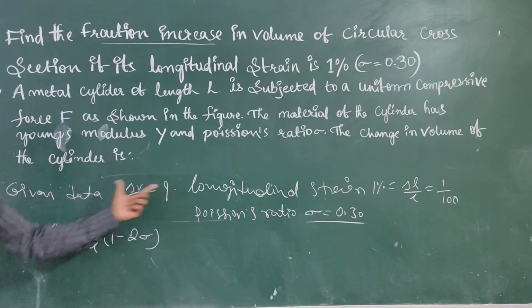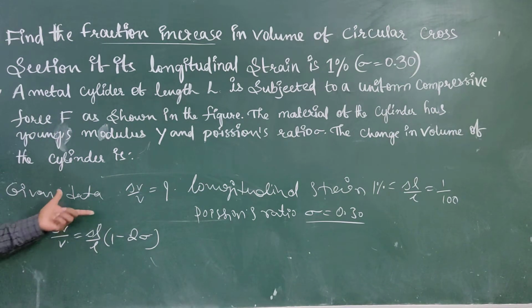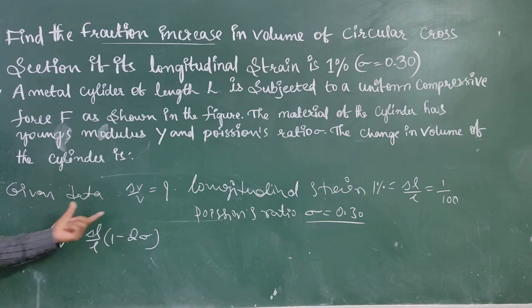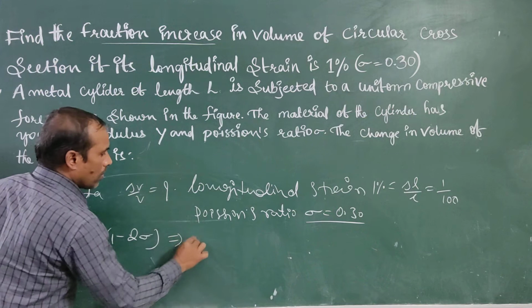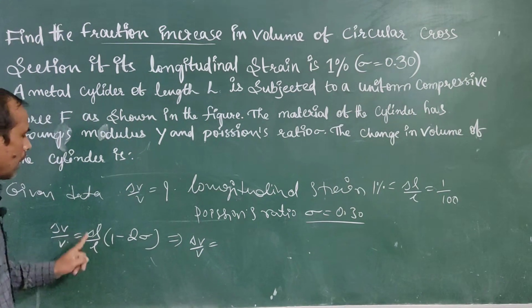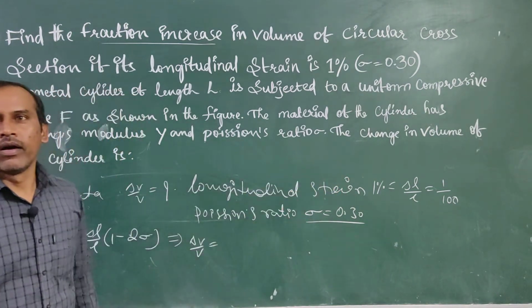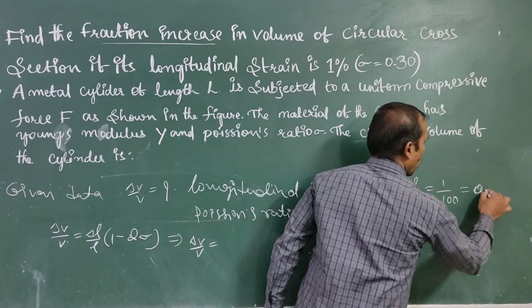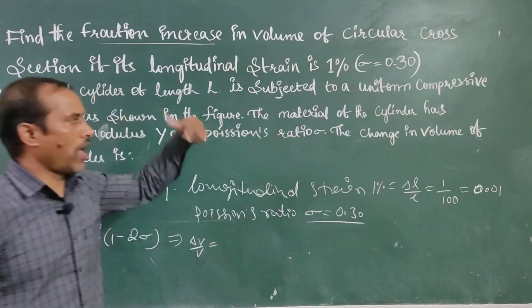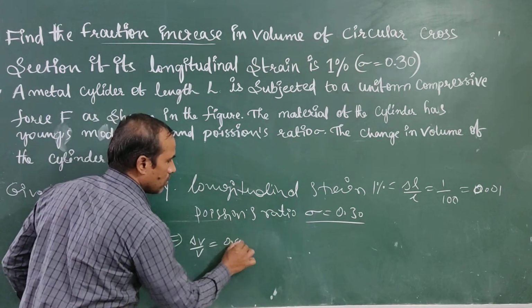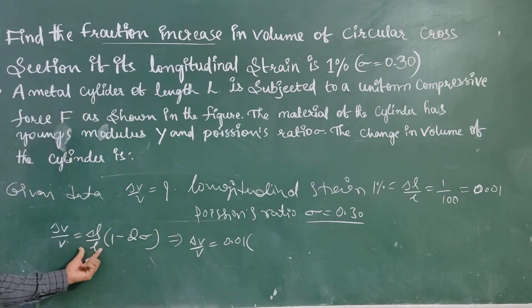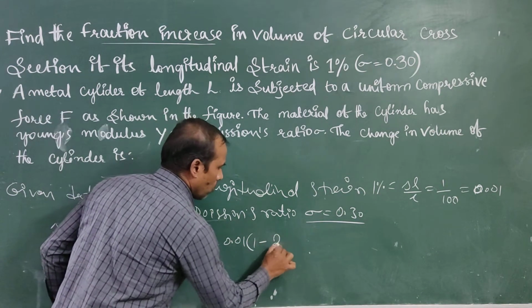Now substitute the given values. Where should we substitute these values? Delta V by V is equal to delta L by L into 1 minus 2 sigma. Substituting, delta L by L is equal to 1 by 100, which is 0.01. It has no units or dimensions, as it is a strain. So the value is 0.01 into 1 minus 2 into the sigma value,